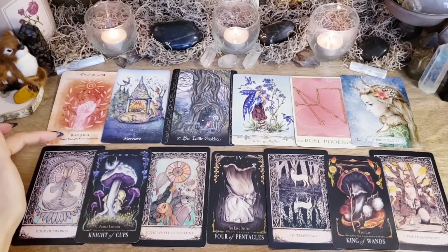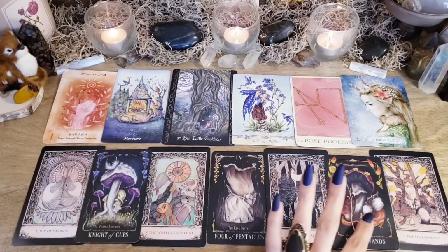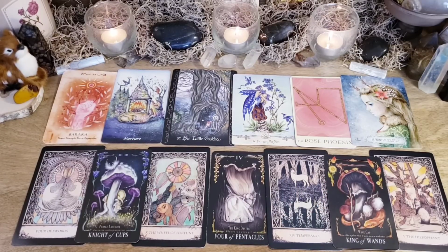I'm noticing we have power, strength, force, and expansion. To me, that's tied into this energy here. And so there's a need for you to start to see yourself this way, as the King of Wands, as the Hierophant. What else am I seeing here? Many of you, I feel like a lot of this is just stepping into your power here,